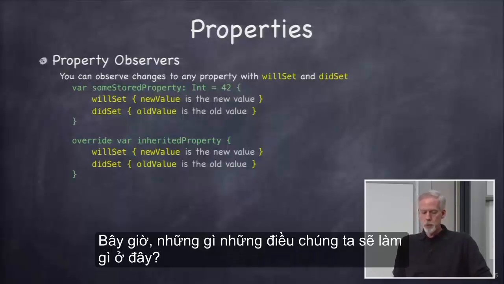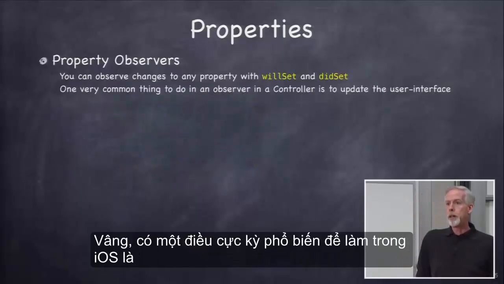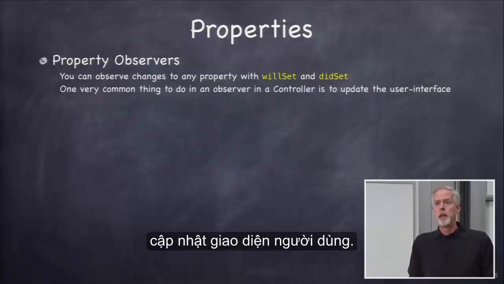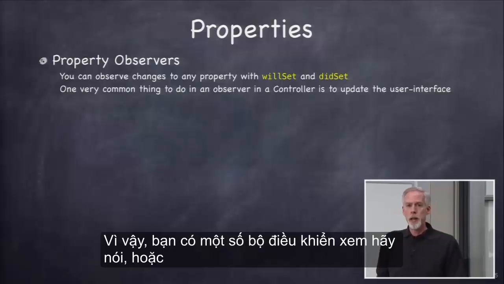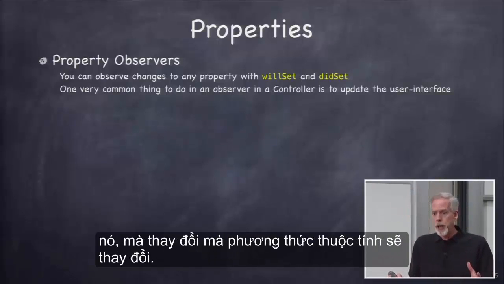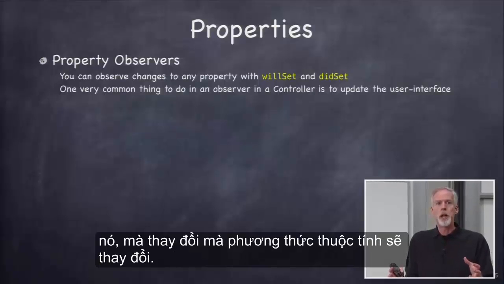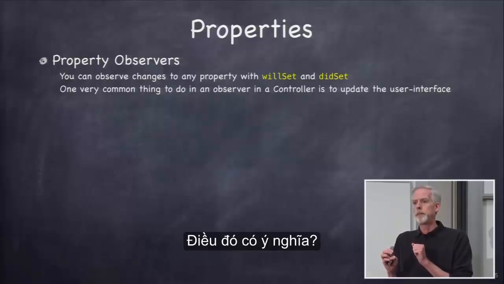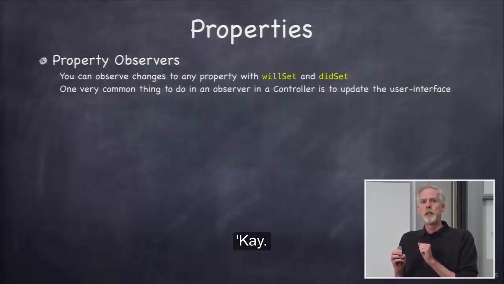Now, what kind of things would we do in here? Well, one extremely common thing to do in iOS is to update the user interface. So you have some view controller, let's say, or you have a view, and you change some property in it, and changing that property means the UI would change. So in the didSet, you'll go update the user interface. Does that make sense? Okay, so